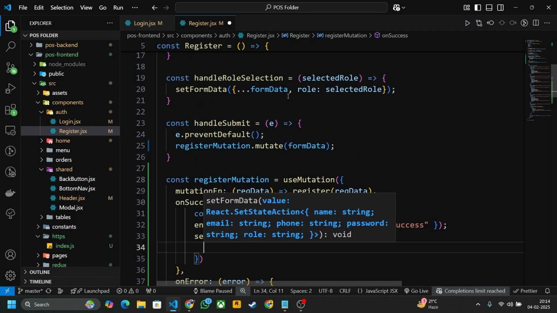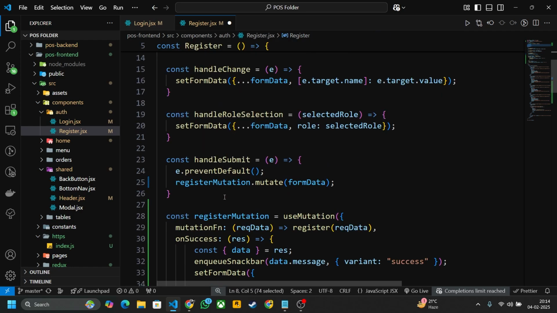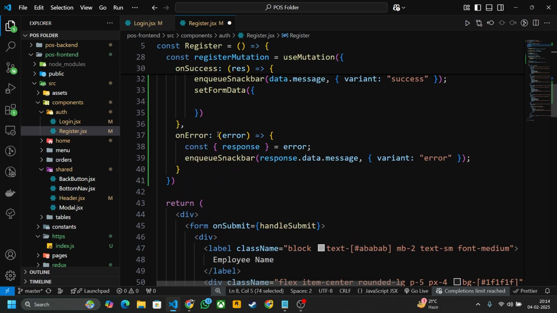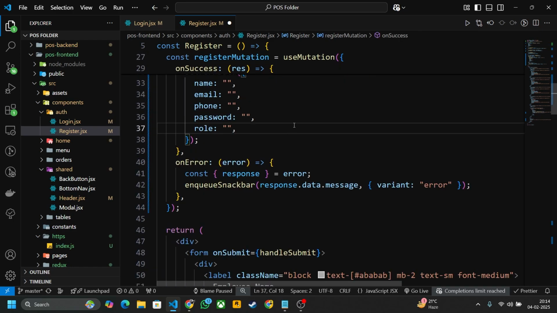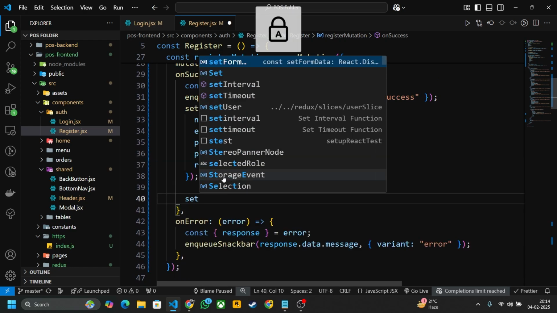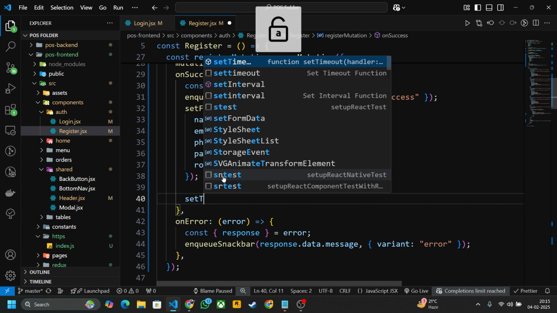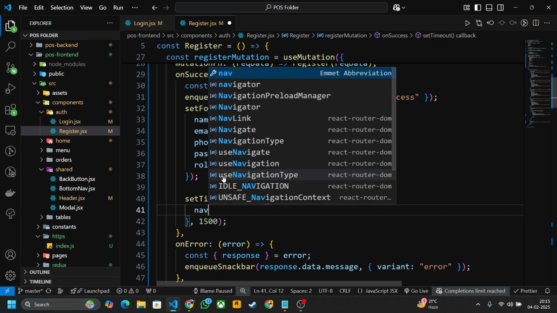So just copy this and paste here. Now I want to send user to login component, so just write set timeout, should be 1500, and then